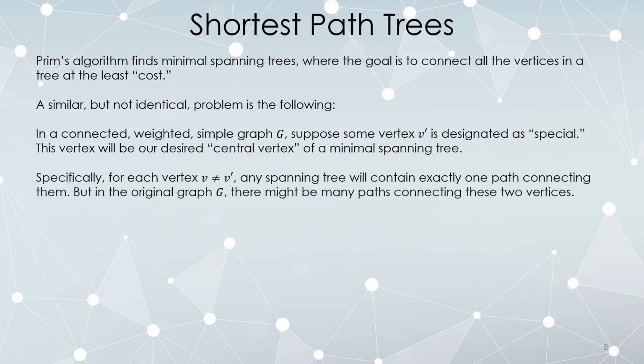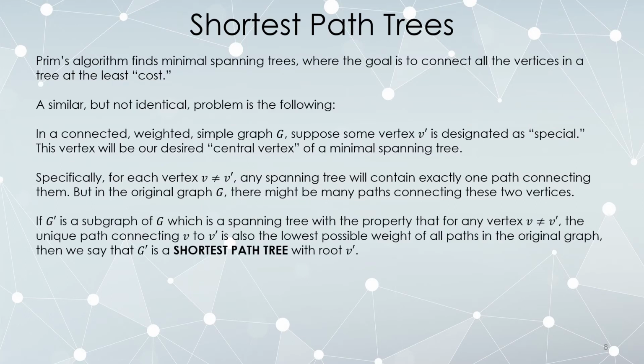What we want to do now is make a spanning tree. So it's got to connect from every vertex back to home base. But there might be many paths in the original graph, but we want to make a tree. And specifically, we want to minimize the paths from each vertex back to home base with the lowest possible weight of all paths altogether. So we need to connect everything to home base, but we want to do so with